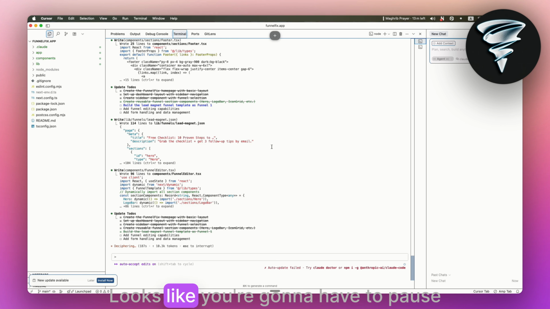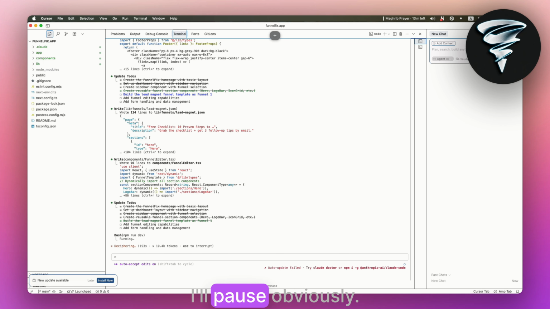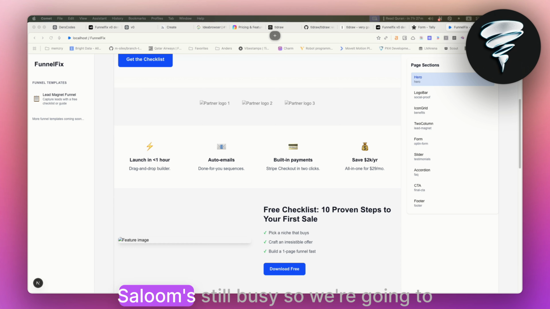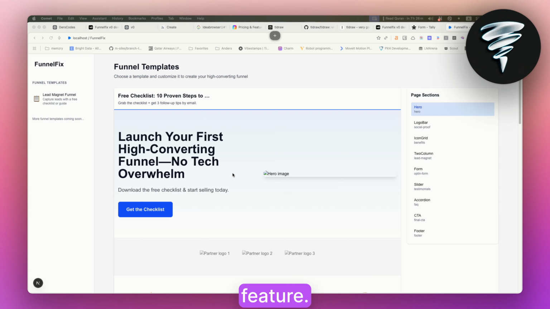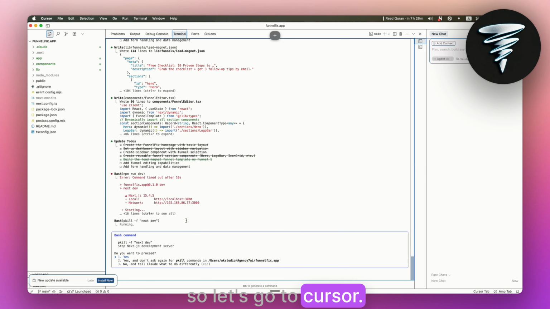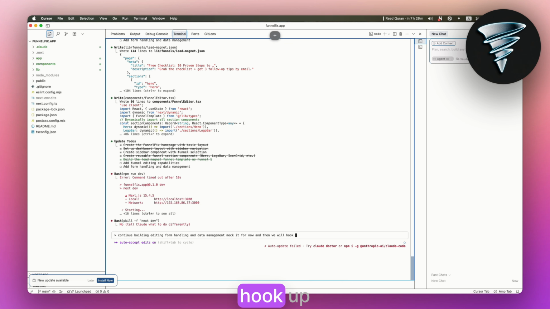So we're on... Well, it looks like we're going to have to pause and come back. Yeah, I'll just let it run. I'll pause obviously, and we're back. Salim's still busy, so we're going to continue on. We're going to build in the editing feature. So let's go to Cursor. Let's go escape here. Let's say continue building editing, form handling, and data management. Mock it for now. And then we will hook up